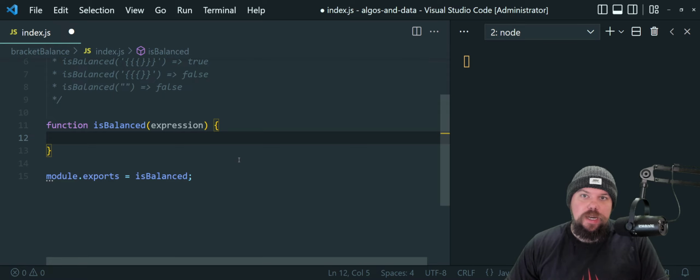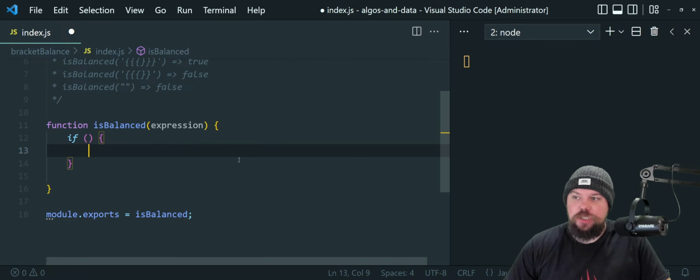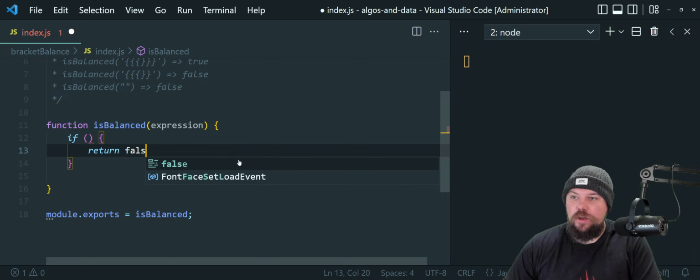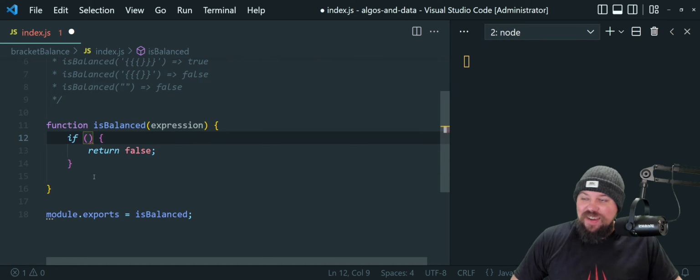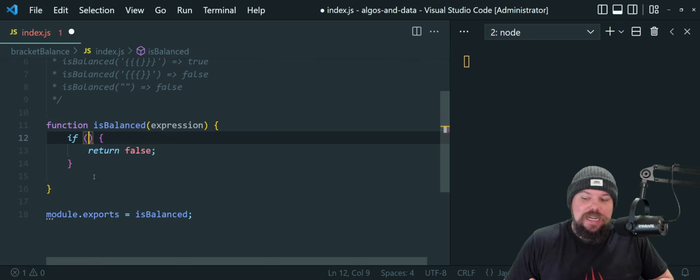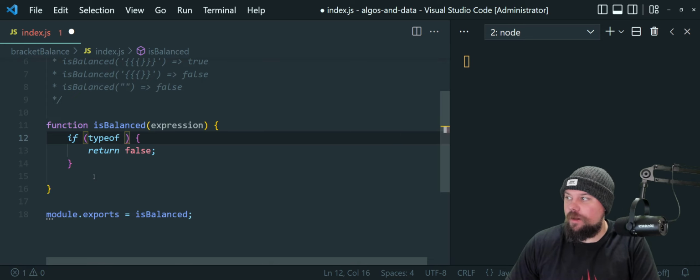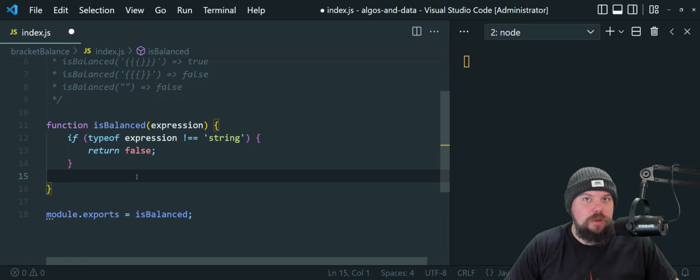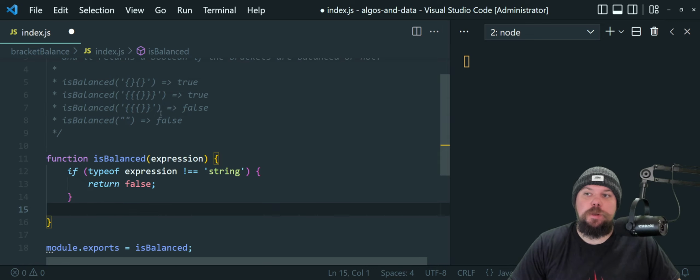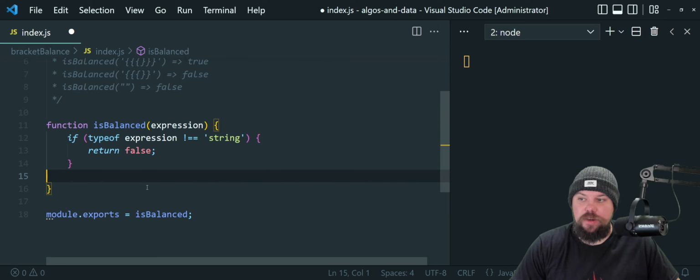Like I said, we need to account for a couple of things. First off, we're going to return false if our input expression, our string of characters, is not a string, then we're not going to bother running anything at all. So we could even say, if the type of our expression is not a string, then let's not even bother. If we're trying to input numbers into isBalanced, null, undefined, or something like that, then we're not even going to bother